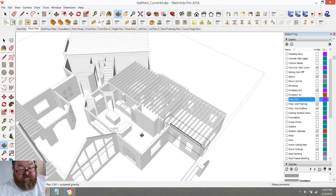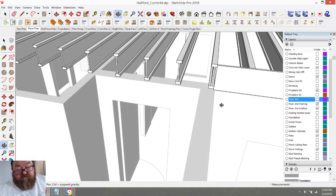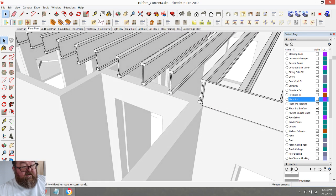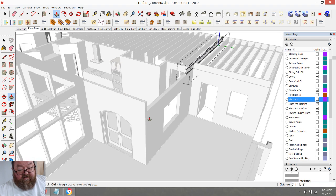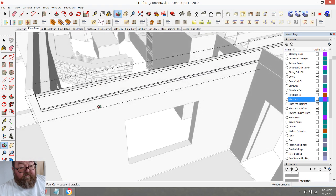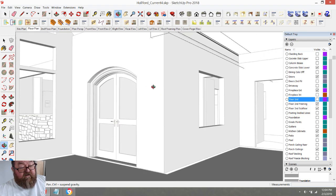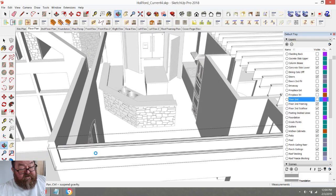And that makes more sense to do that, because so what we'll do is, well, that one looks like it's going to work out. So if I make this one unique and pull it, yeah, good Lord, that's perfect. That's got lucky. And then I got to decide how this is going to work. He wanted this thing here where this wall was thicker. So, well, yeah, I got a wall to set it on, so I don't have to worry about that. But I have a feeling that this wall